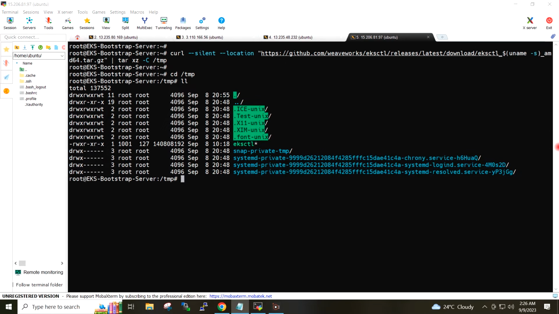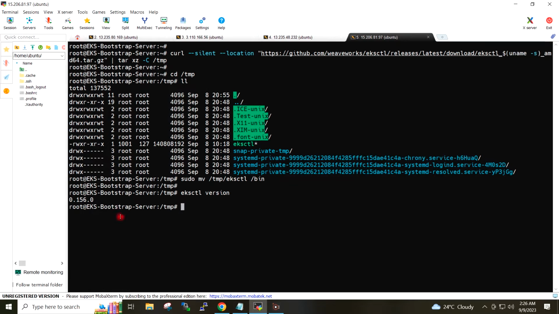So I will move the eksctl file from the /tmp to /bin with this command because all the executable files are present under the /bin. If I give the command eksctl version, so this is the version of the eksctl which has been installed in my server.